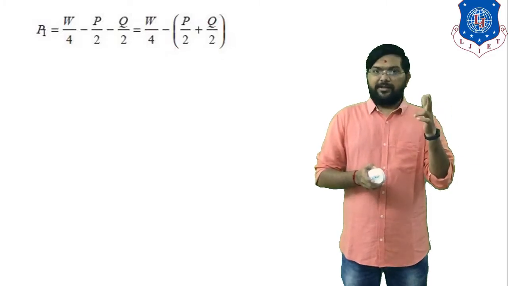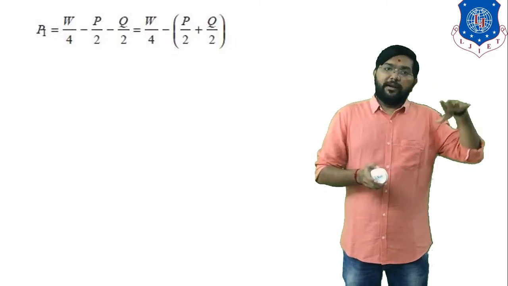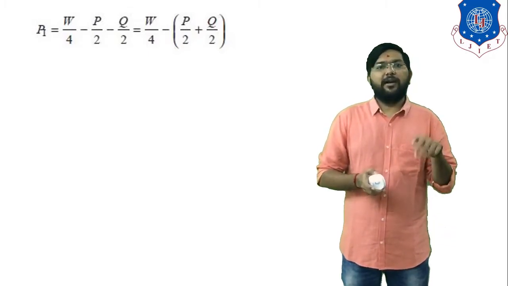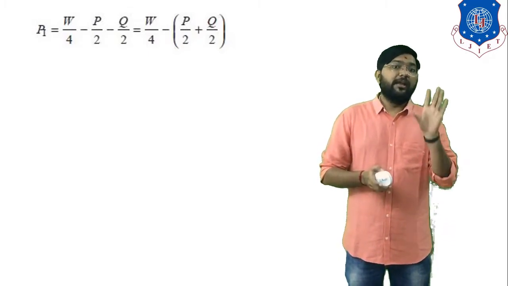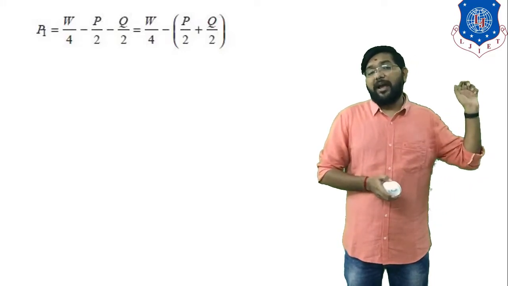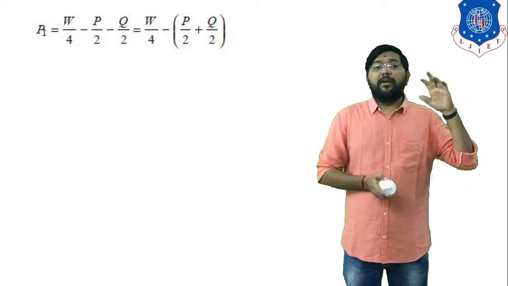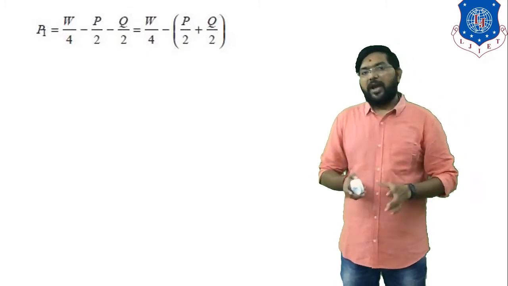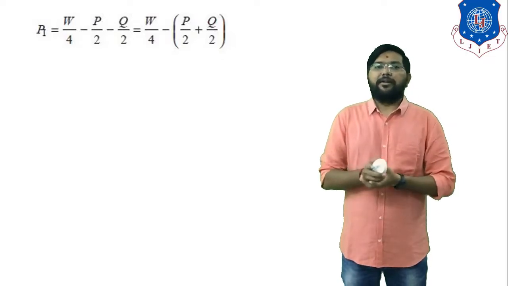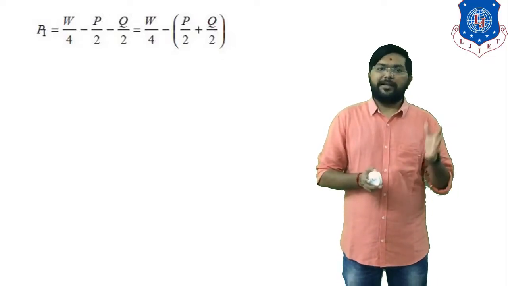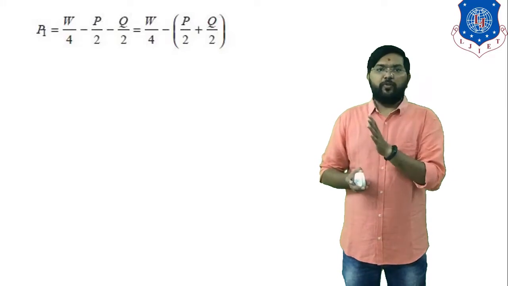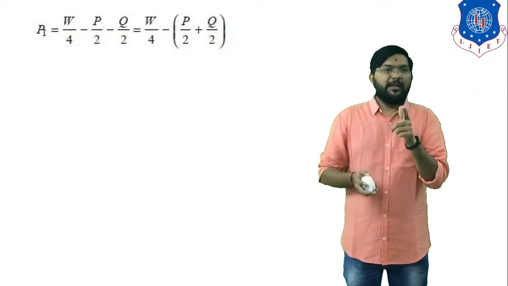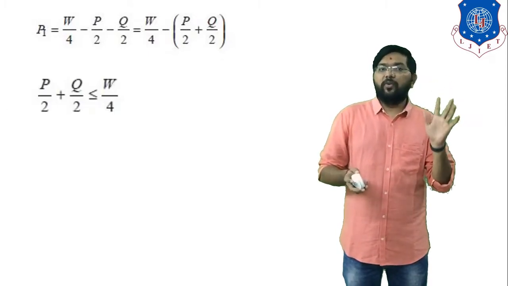So it's a vertical reaction. And in the downward direction the reaction is mg, because gravitational force always acts downward. So you have to subtract the value of the reactive gyroscopic couple and the value of the centrifugal couple from the weight of the vehicle. Clear? So we have the equation of the reaction of the inner wheel, that is W by 4, that is weight, minus P by 2 minus Q by 2, the reactions of the reactive gyroscopic couple and centrifugal force. Now you have to put all these three values over here.